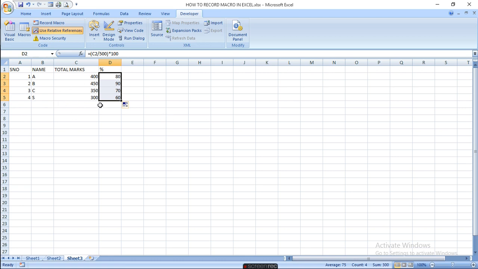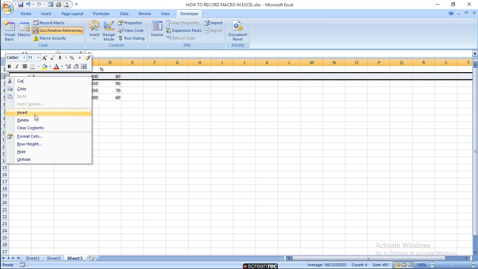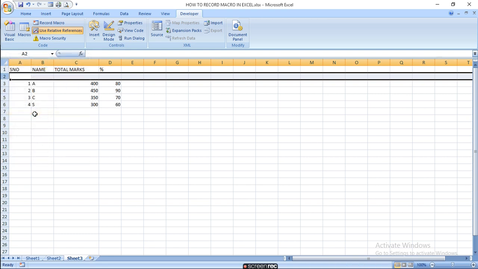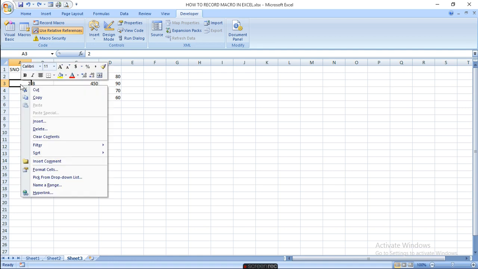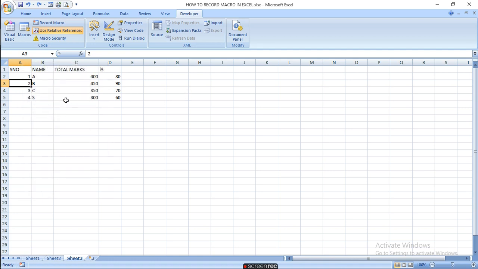Suppose you want a line after each number, then insert here. Now you have to record the macro, no?